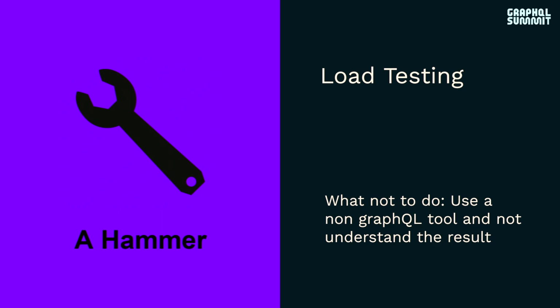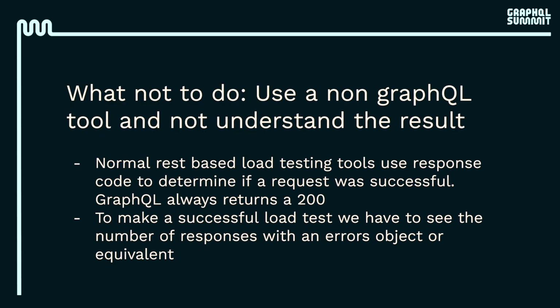The next one is load testing. The way you can do this wrong is just use any tool off the shelf, throw it at your graph, and say, hey, this is my number, and it's perfect, and it will tell me exactly how many things I need to run. There's a lot of pitfalls in this, like a massive amount of pitfalls in this. The normal thing that happens when you use these REST tools is they say, did you give me a 200 back? You can modify a lot of these to do more, but that is the general idea of what a load testing tool sees as a successful request versus a not successful request.